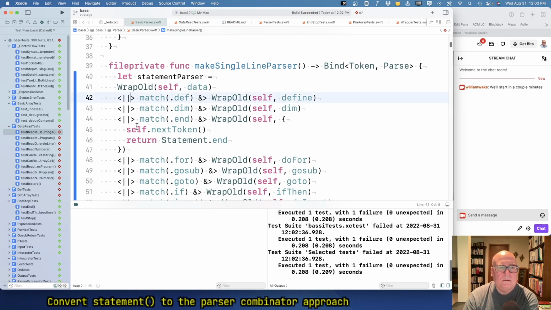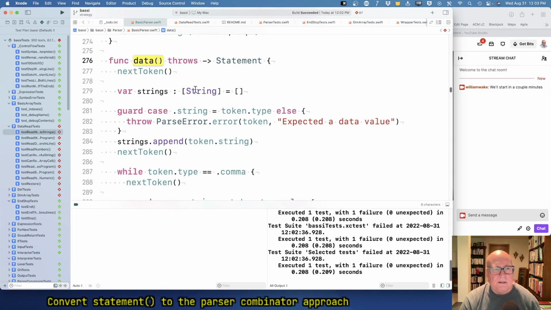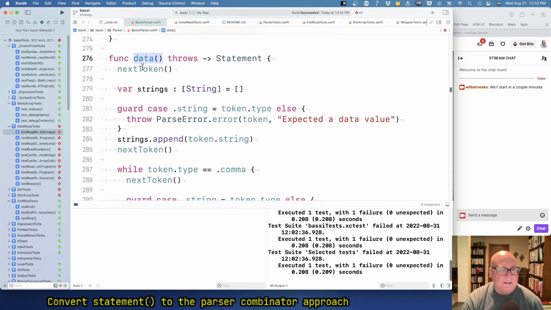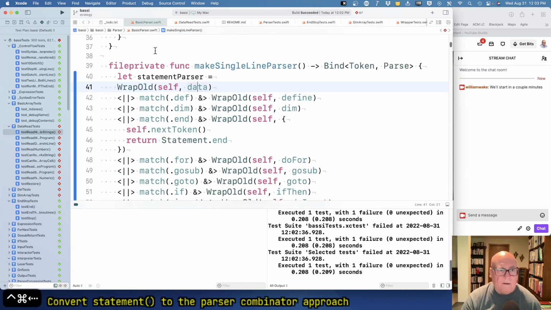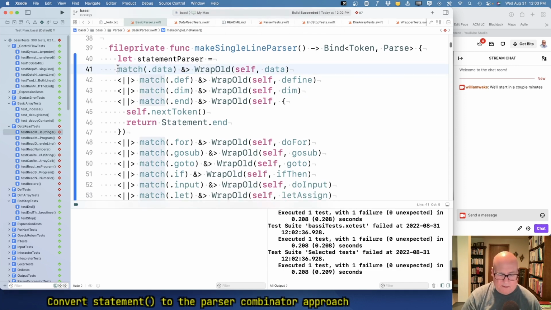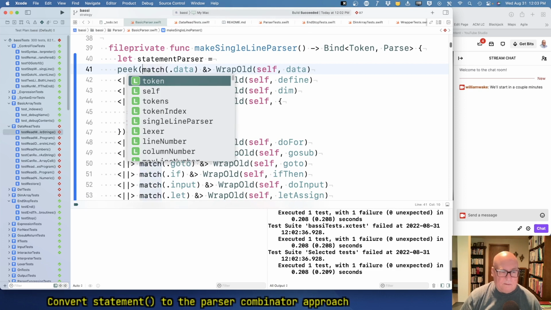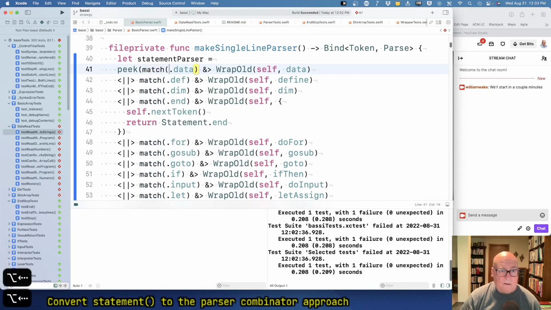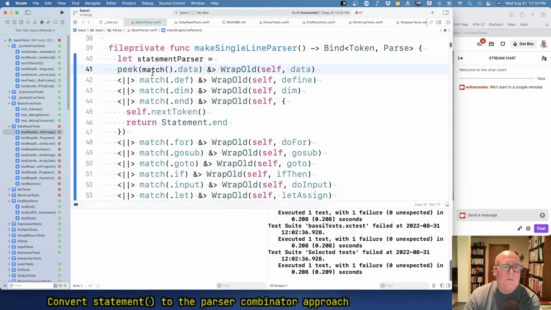Let me look at data. Okay, so it needs to eat the next token. Oh, interesting, but it never really looks at it. I mean, that's done in the statement. Okay, let's go back, undo that. Let's do the peek here. Peek match data. Okay, so now peek